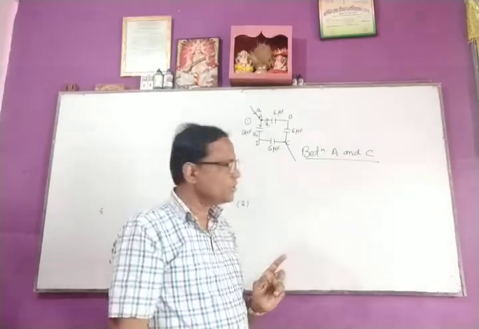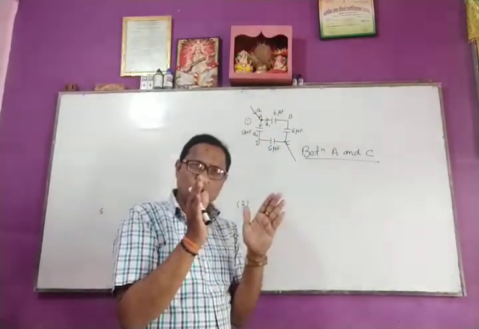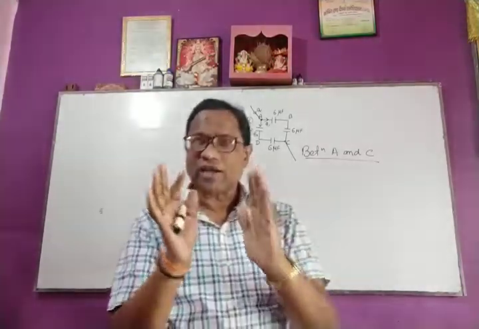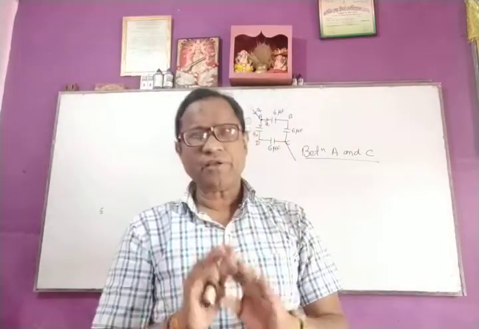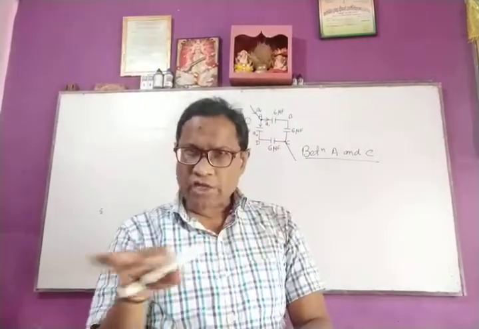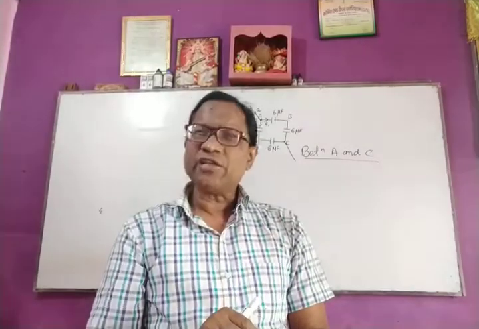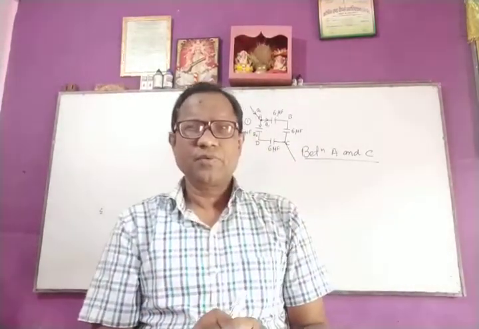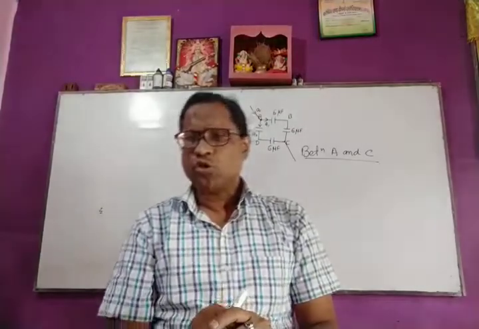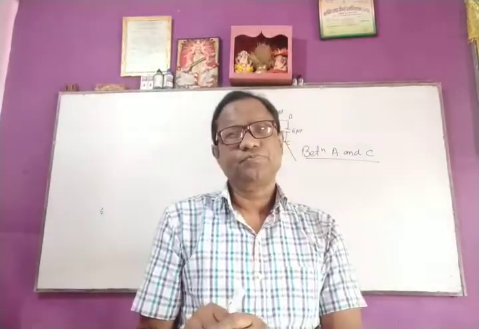But charge is distributed in 2 parts, so the two branches are in parallel connection. If the same charge is flowing across all capacitors, then they are in series. If charge is distributed at a point, then they are in parallel connection.